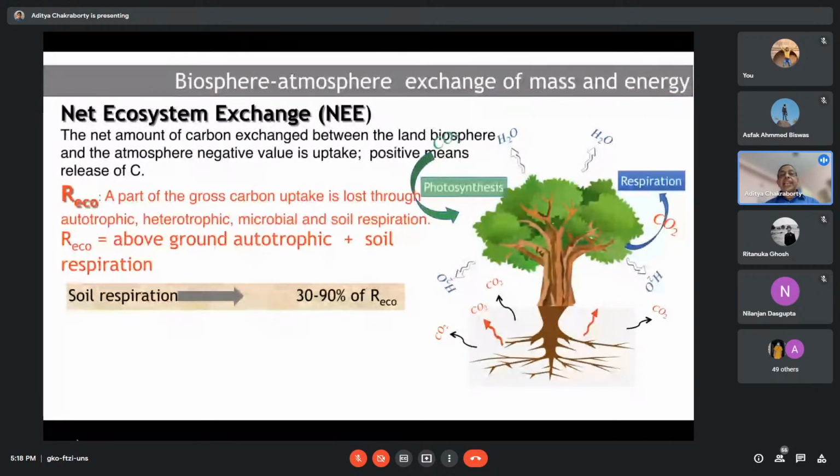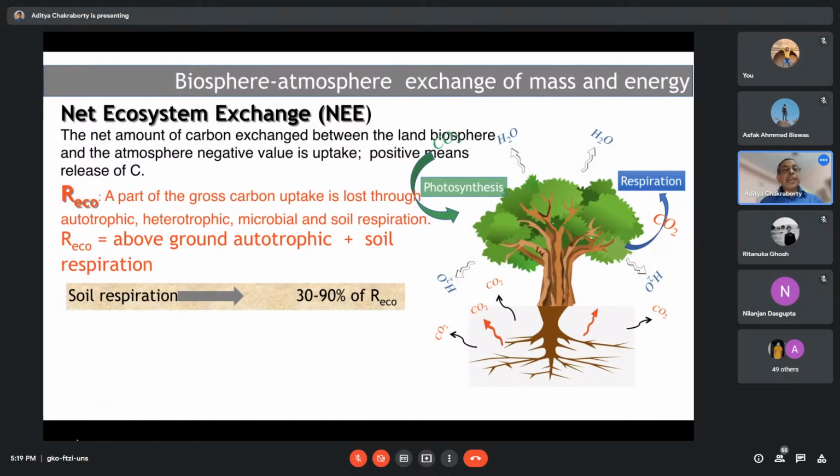When it is negative, that means carbon is absorbed, that is, it is a sink process. The positive means it is being released. So from atmosphere to biosphere, we call it a negative flux, negative CO2 flux. And when it is the other way, that is, when it is released by the respiration process and goes to the atmosphere, it is considered a positive flux. It is just a sign convention, nothing else.